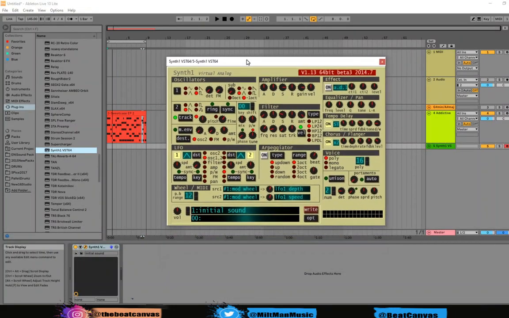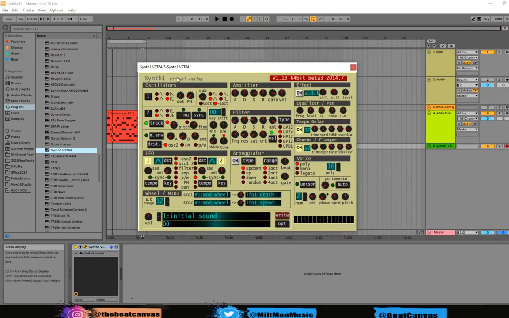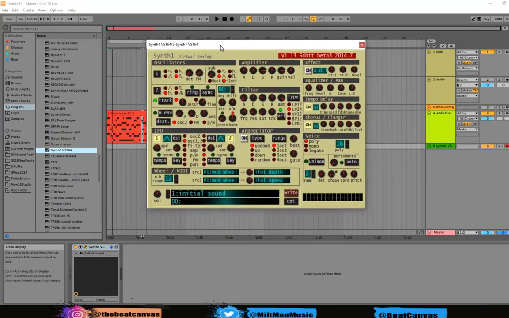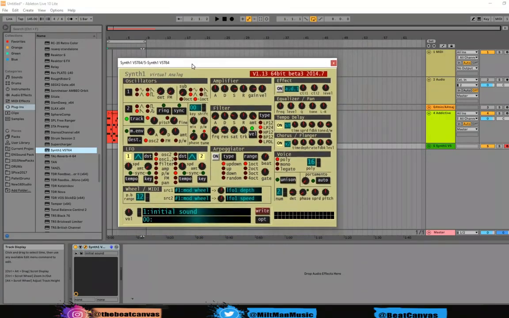Wow, that took a long time. All right, so this is the Synth One. I'm pretty sure throughout the years someone has come across it or did another tutorial on a video. So it's pretty much self-explanatory. It has two oscillators, it has an LFO, filter, amplifier, effects, equalizer, pan, tempo delay, chorus, flanger, voicing, and here